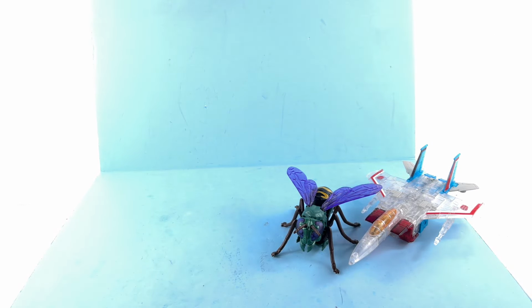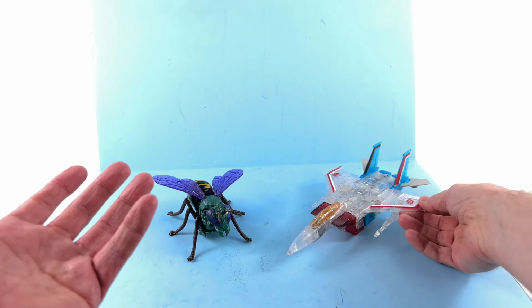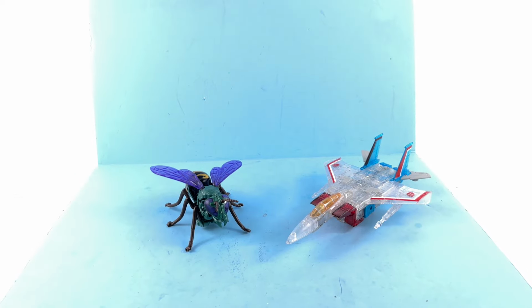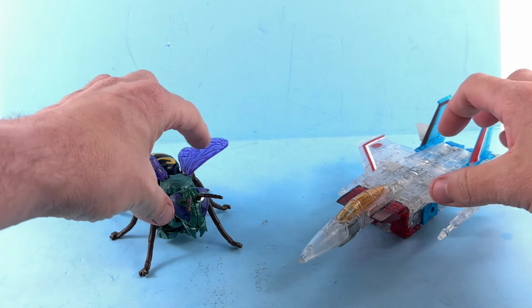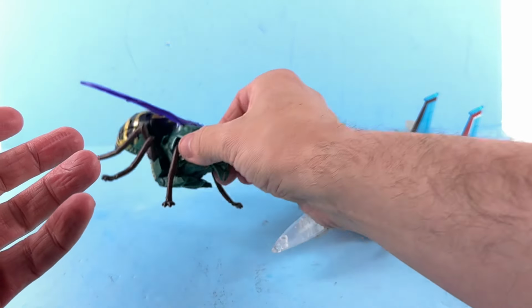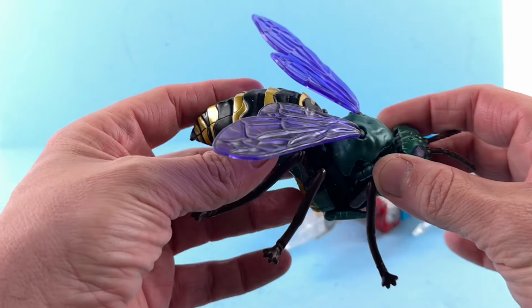I don't know what they've got going on, but these are the figures, and we have seen these figures before. There's nothing overly different about them per se, other than the fact that the coloring on them is different. Starting off first with Waspinator, it is a darker coloring. He is meant to